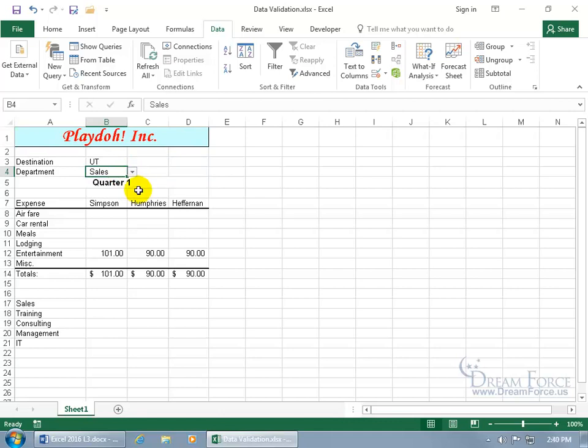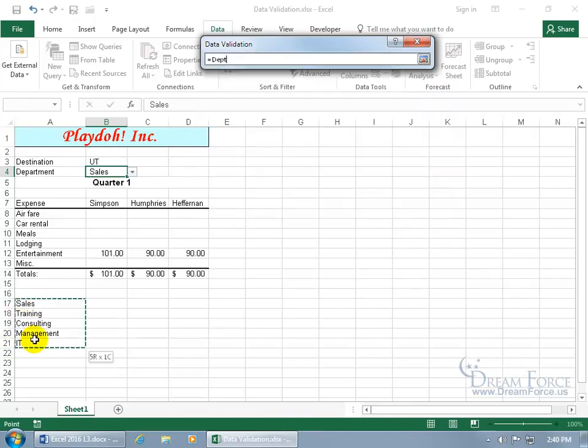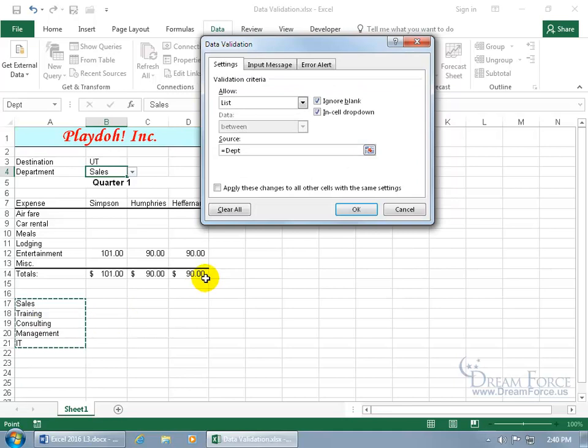Now, you can do it that way, or with it selected, come back up here, click on the drop-down arrow, and go to data validation. And you can actually select the source if you already have it typed within your spreadsheet, or within your workbook for that matter, on another worksheet. And there's my range there. So we can go ahead and clear that out. Click on the collapsible dialog box button, or with the cursor flashing in it, just go ahead and click and drag, and it collapses and expands it open, which, by the way, this range, the named range, is Department DEPT,